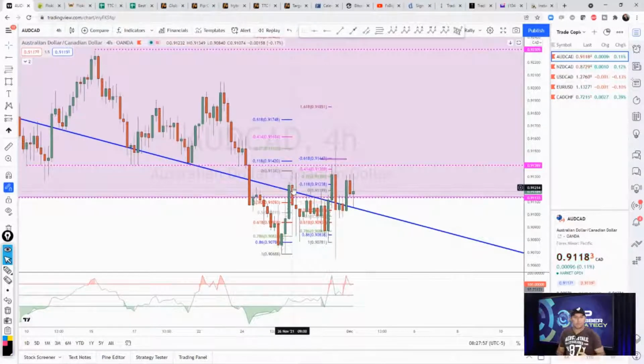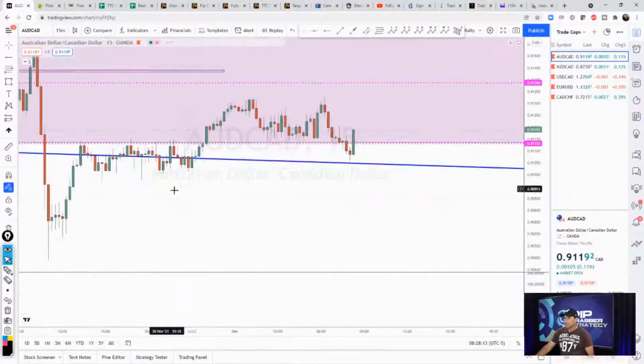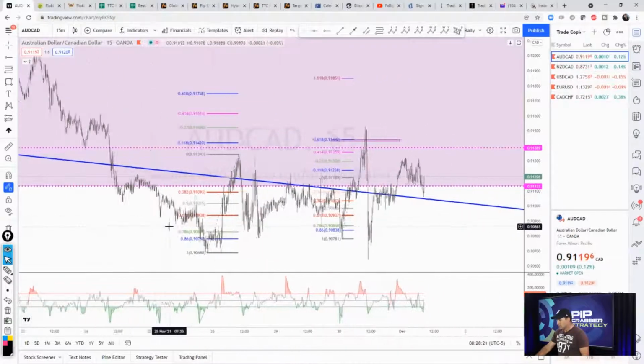Now, what you can do is make your own decision based on support and resistance, whether we want to get in on this particular pair. So let's go ahead and take a look right here. I'm going to go to the 4-hour, and I notice that the 4-hour found a bit of support right here. Let's go down to the 15-minute time frame. The reason I'm going down to the 15-minute time frame is because we're expecting the market to wave. So if I go to the 15 right here, we notice that we did have a lot of